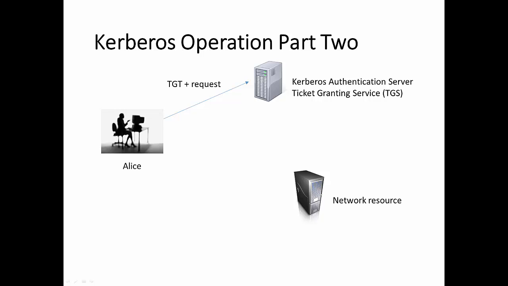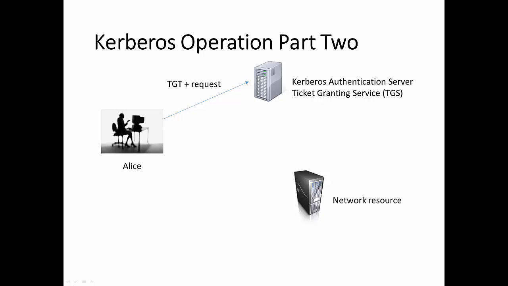So from now on, for Alice to exchange information with the Kerberos authentication server, everything will be encrypted using the same session key, the one Alice has, and also the one retrieved from the